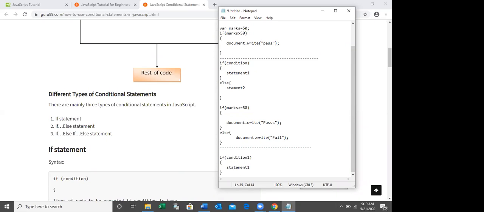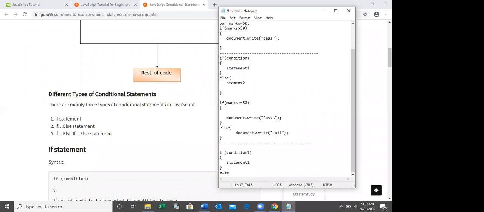Then else means what? If condition 1 is false, I'm not going to directly execute another part. Instead of executing the other part, I'm going to check another condition.